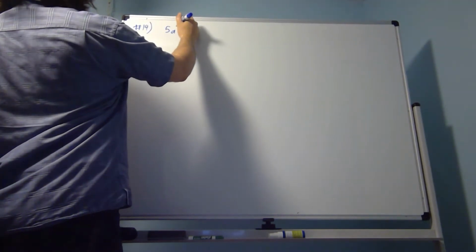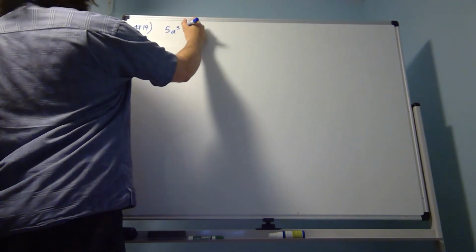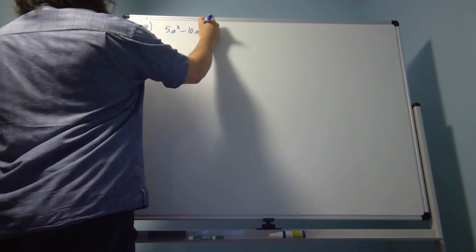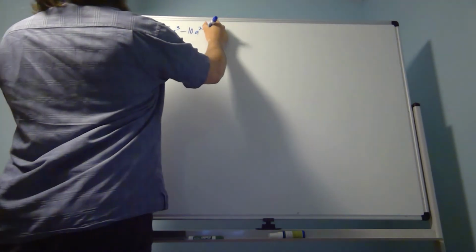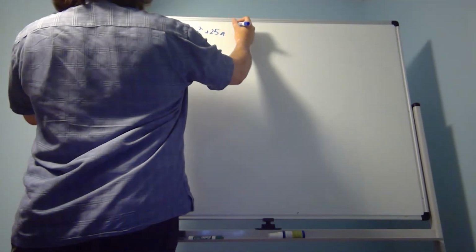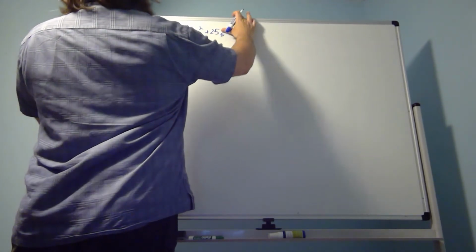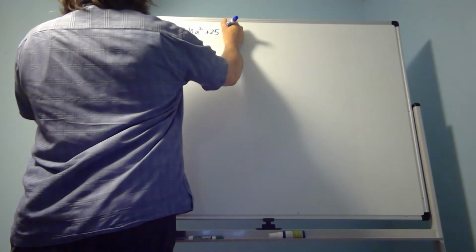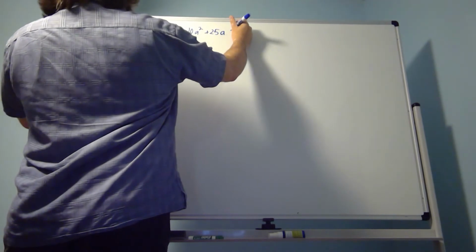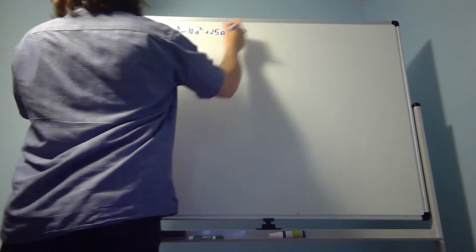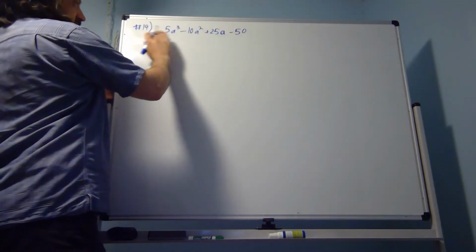The instructions just say factor 5a cubed minus 10a squared plus 25a minus 50. Just trying to make the a a little bit more presentable. So factor this